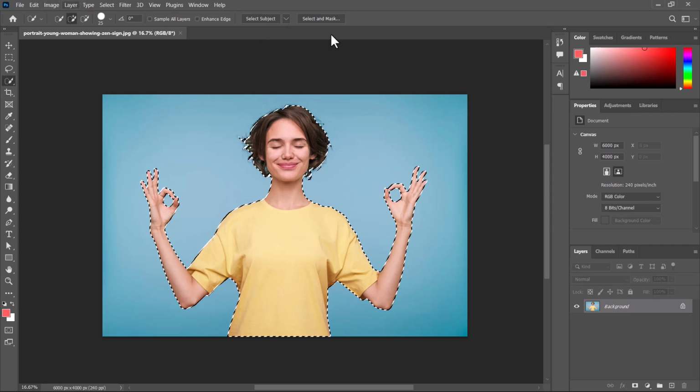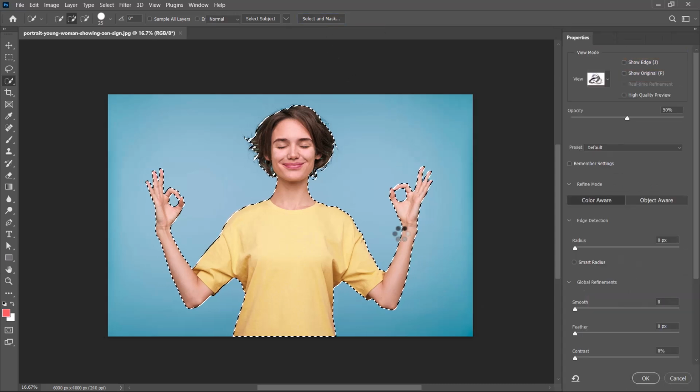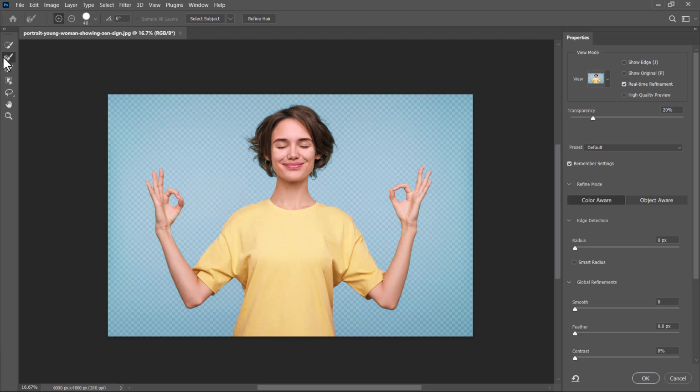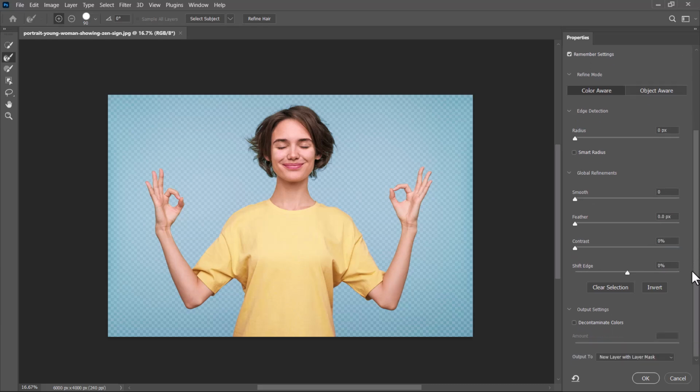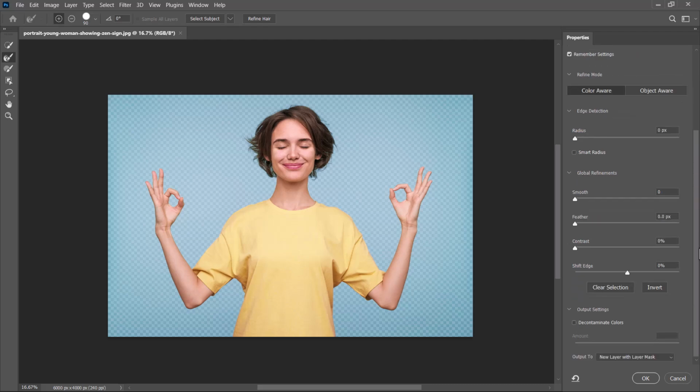So next up, I'm going to click on select and mask from the options above. Then I'm going to use the refine edge brush tool to adjust the hairs. So I'm just going to clean out the areas of the hairs, the edges of the hairs like this. So then I'm going to save this. You can just adjust some of these options and save it. So I'll save this,